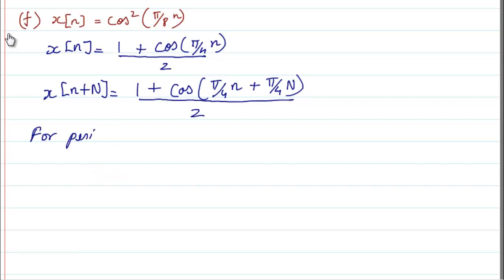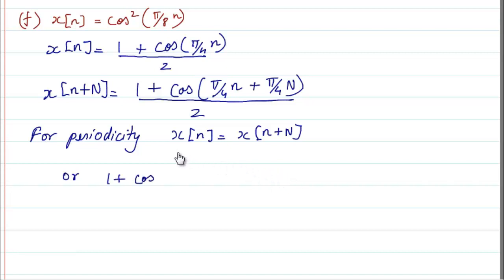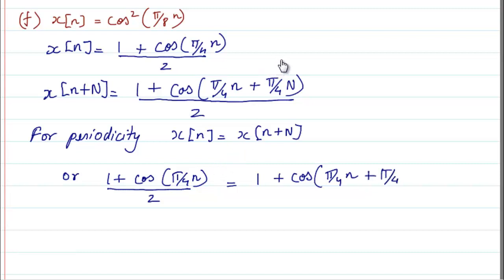For periodicity, we know that x of n should be equal to x of n plus capital N, or 1 plus cos pi by 4n divided by 2 should be equal to 1 plus cos of pi by 4n plus pi by 4 capital N divided by 2,